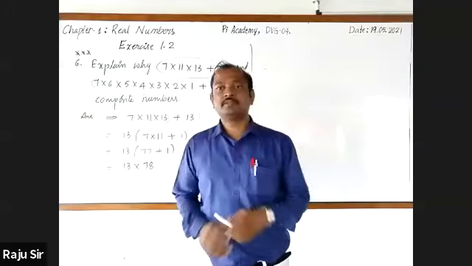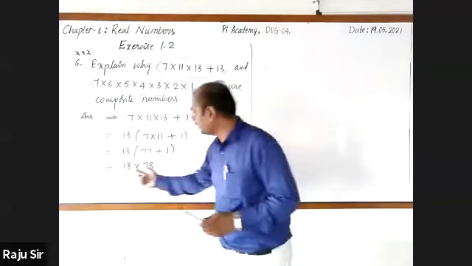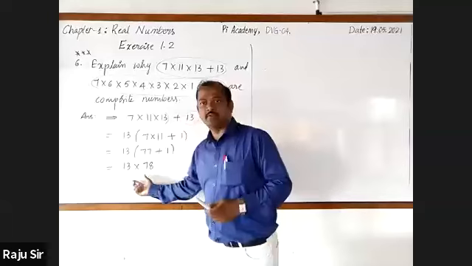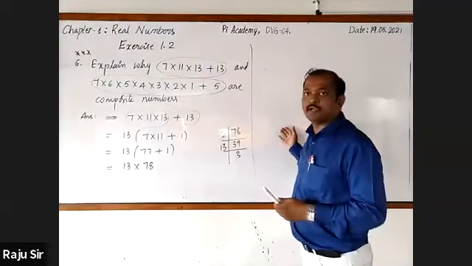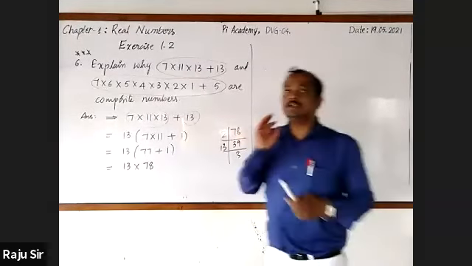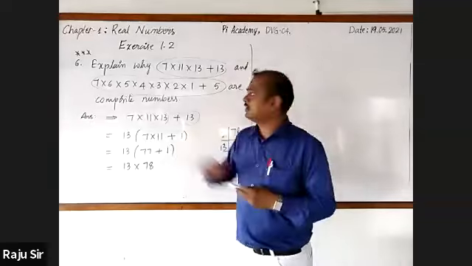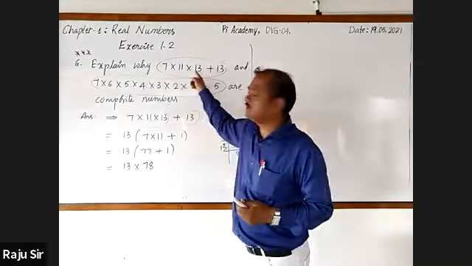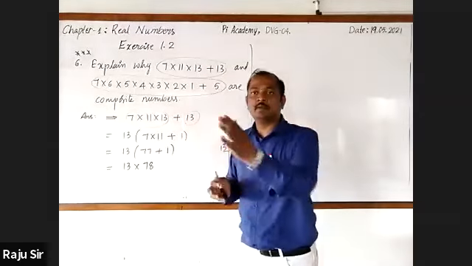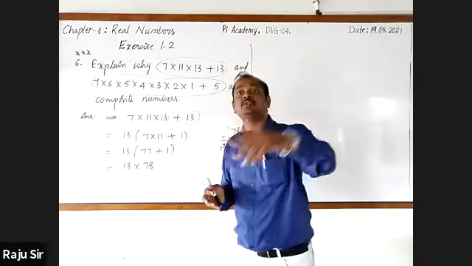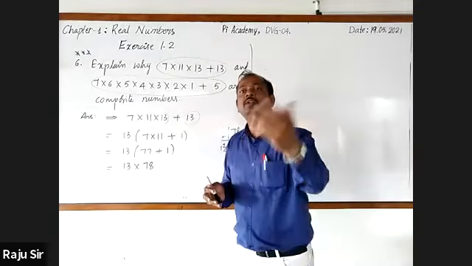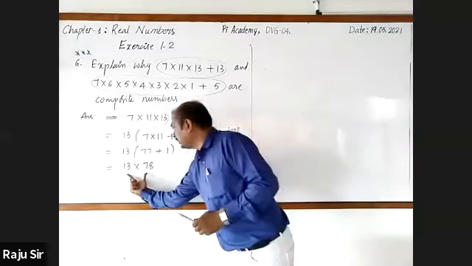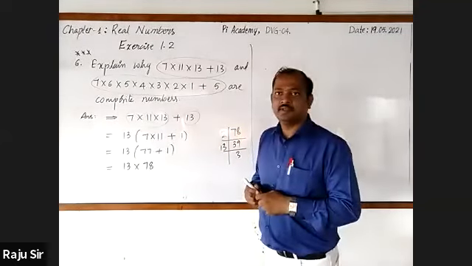Please don't speak. Just listen to me carefully. You need not go for finding the product of these two and finding the prime factorization. Instead, the best thing we can do is observe the statement. We are going to explain why it is a composite number. A composite number is a number which has more than 2 factors. We want more than 2 factors only. Here already 2 factors are there. Hence,